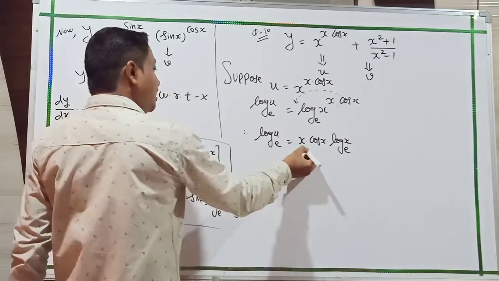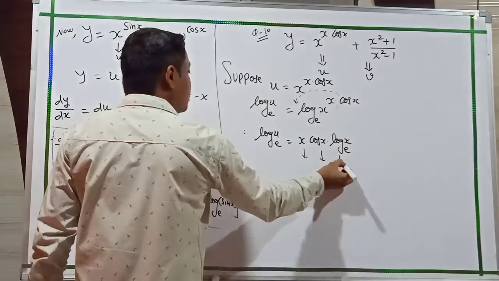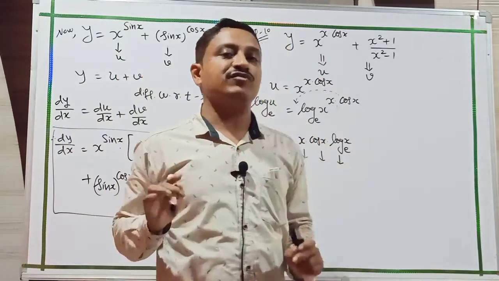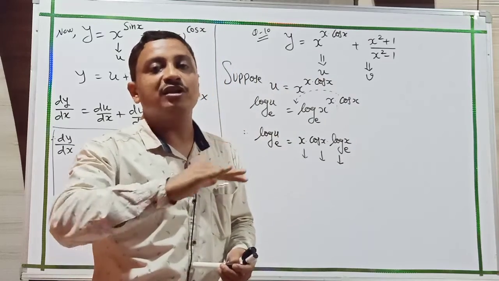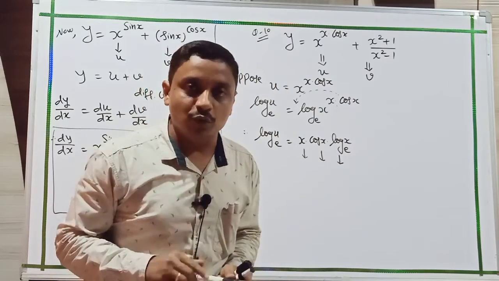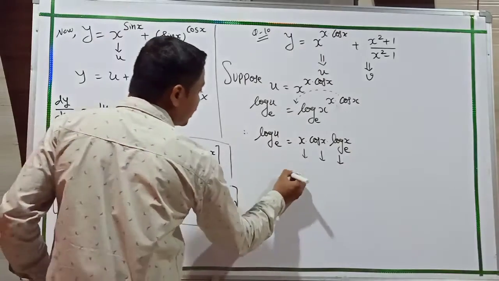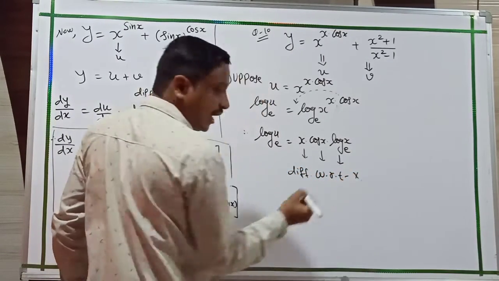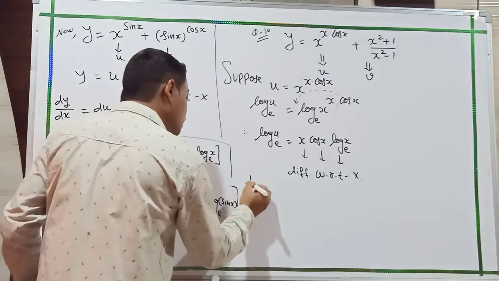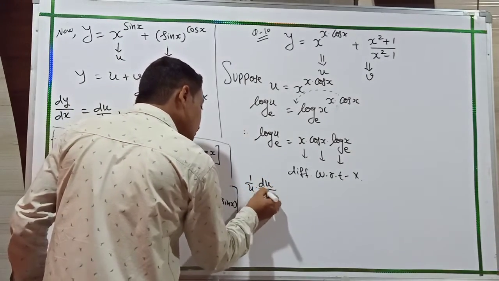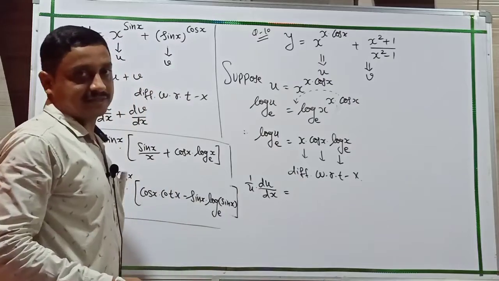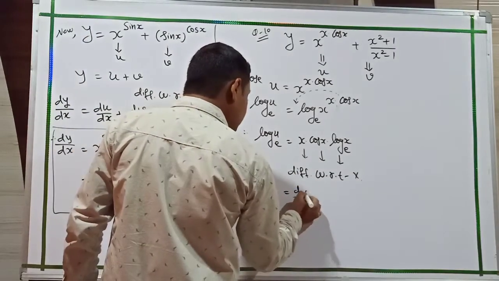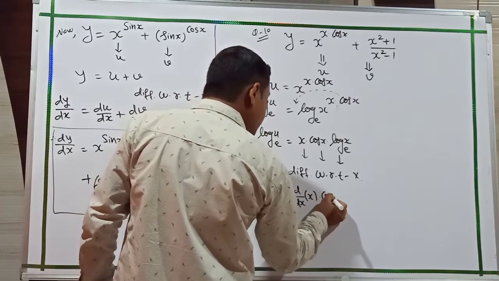Actually here, students, there are 3 different functions. You do not apply the chain rule, it is not a composition of functions, all 3 are different. So I apply the product rule. Differentiation with respect to x. So what is the log u derivative? 1 by u, derivative du by dx. And here start our product rule: first derivative d/dx of x, other same as.